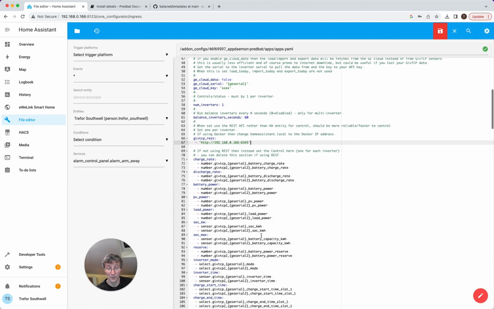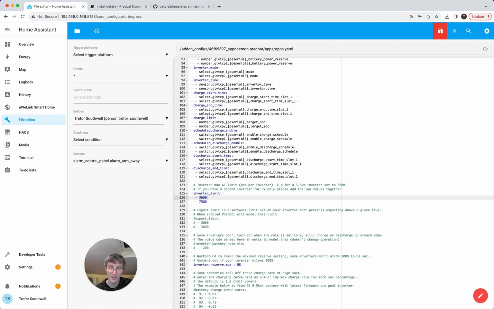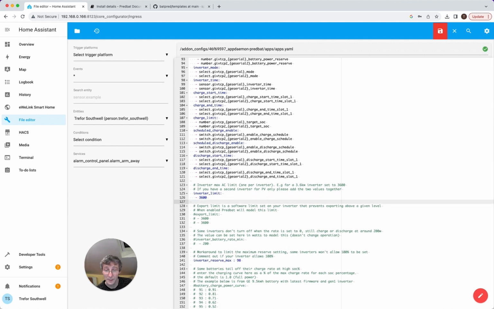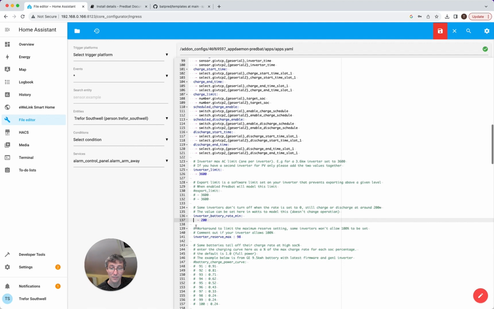All of these are just going to work based on the template. My inverter limit is 3.6 kilowatts. I don't have any export limitations. My inverter actually, when you turn off discharge, leaks at about 200 watts, so I'm going to turn that on. Some of them don't. My reserve max, it will actually go up to 100. Some inverters will error out if you try and set the reserve to 100,